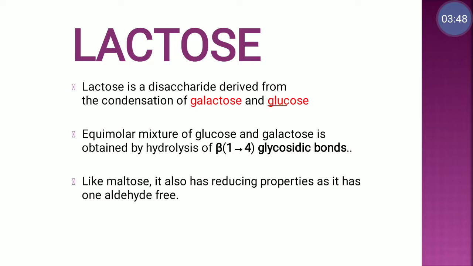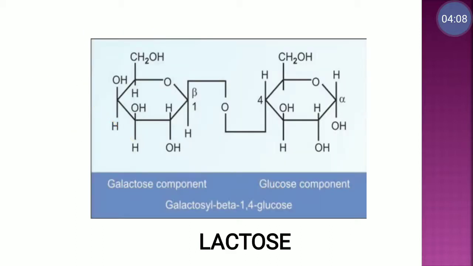Let's see the next disaccharide, that is a reducing sugar. Example is lactose. So lactose is called milk sugar. It is obtained from milk. It consists of galactose and glucose. But dear friends, in this case the linkage is beta 1,4 linkage. When one molecule of galactose forms a glycosidic bond with glucose, in this case the beta linkage is there. OH from galactose and one OH from glucose will get merged to form the glycosidic bond.